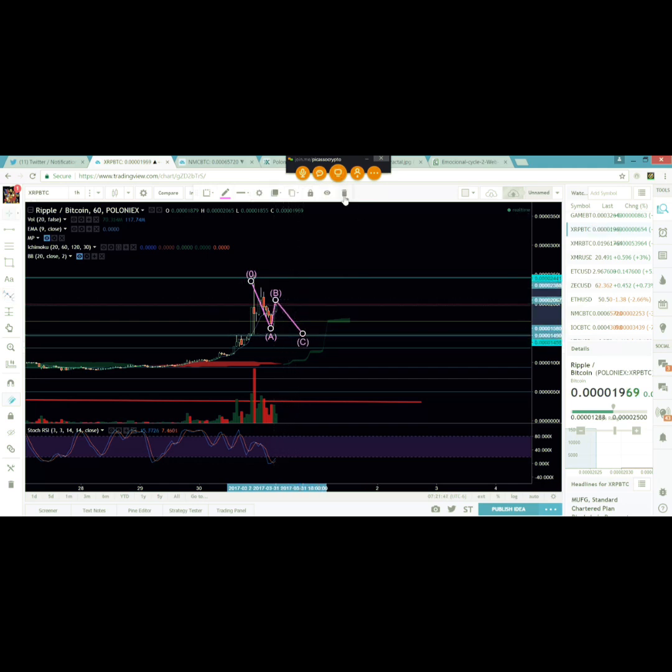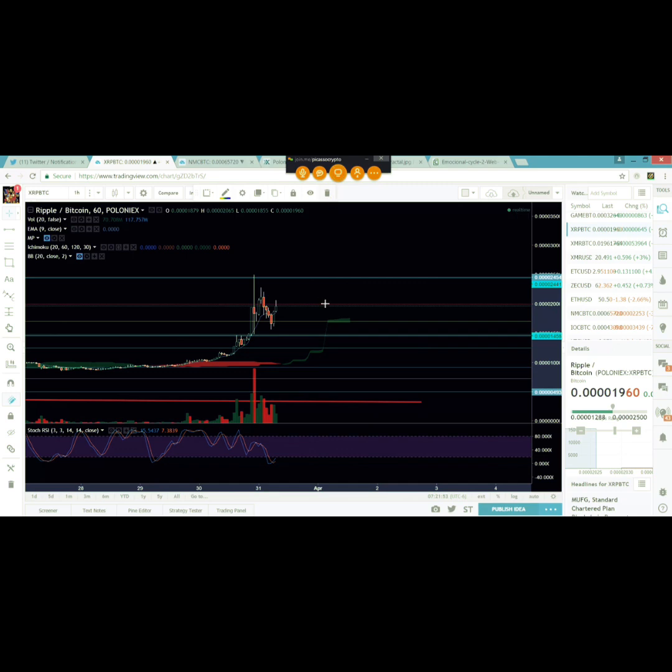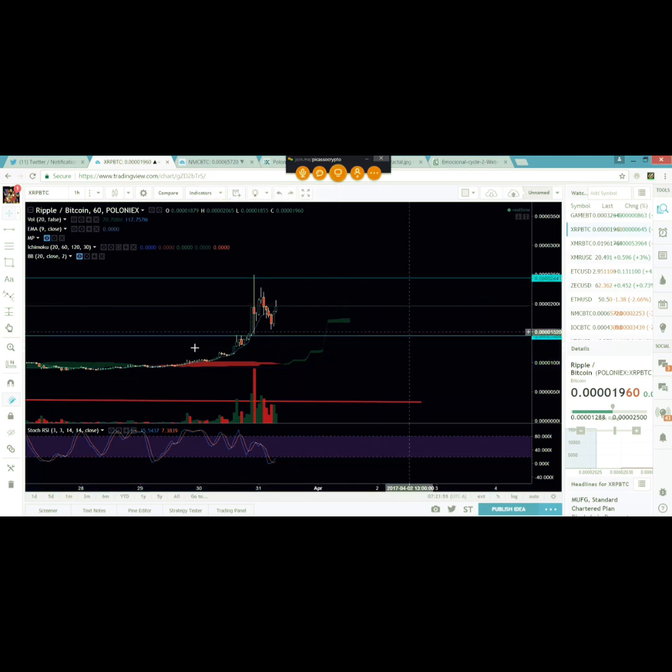So like I had mentioned before, when we play the impulsive side, the 1, 2, 3, 4, 5 up of the Elliott wave, it's a lot easier to tell, okay, this one impulse could be a number 1, this one is retracing, this could be a number 2. But when we get into a larger move that did a whole big move here, then you basically have to just wait it out on that correction side.